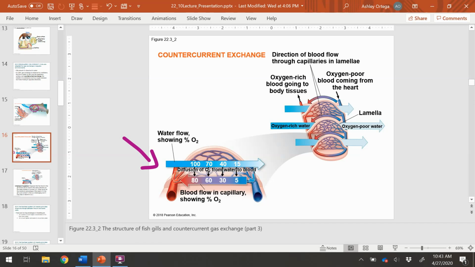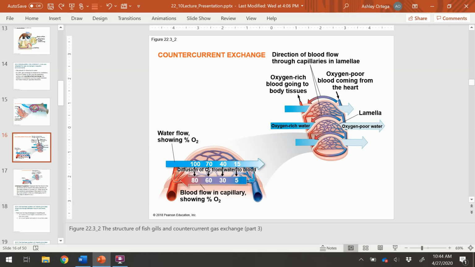If you look at the circulatory system starting out on the right side here where the flow starts, it has very, very little oxygen compared to the 15% of oxygen in the water. There's still going to be oxygen moving into the circulatory system there. And so if you keep looking, it's going to increase steadily up to about 80% here, and it's still going to be lower than the 100%. And so that's still going to be taking in oxygen at that point too. And so that's why this works so well.